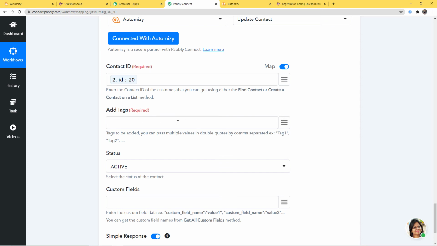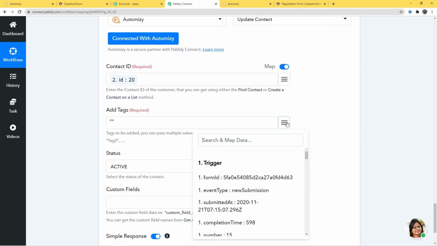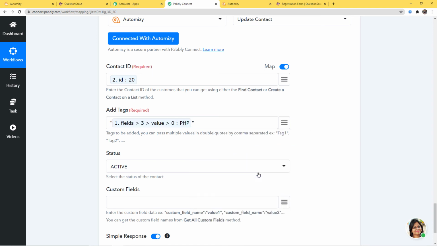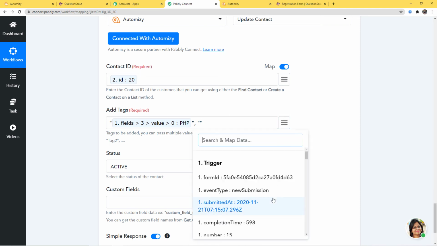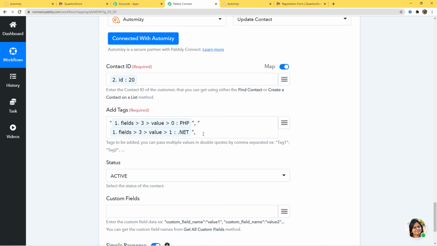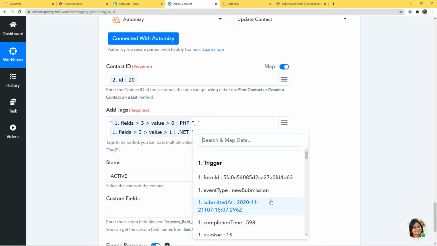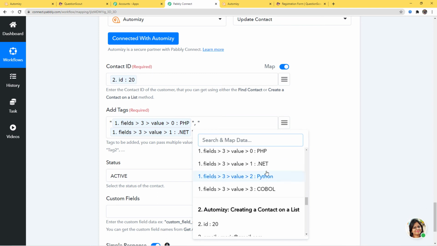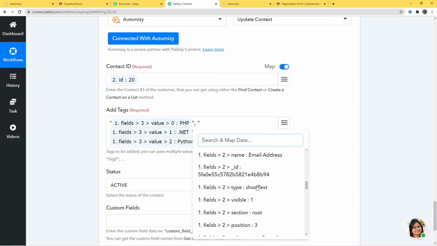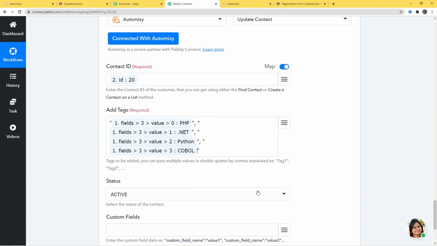So the format to map all these tags is that you have to add double quotes over here and you have to separate them by a comma. So I'm going to put the tag 1 over here. The first tag was this one. Okay, comma, space, double quote. Then I'll put the tag 2, this one, comma, space, again double quote. Then the third tag here, comma, space, double quote. And the last one is here.